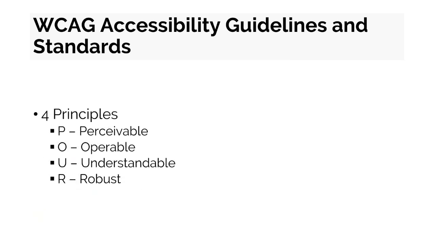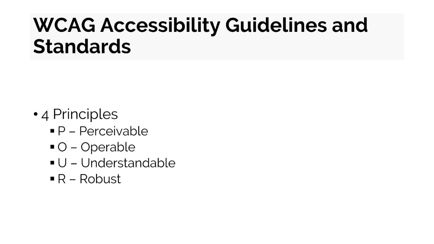And levels are further broken into 4 principles, and we can remember them by the word POUR. P stands for perceivable. It means that we are able to discern the information directly through browser or assistive technologies. O stands for operable. We have to be able to interact with controls or dynamic elements on the page like buttons or forms with a mouse or a keyboard.